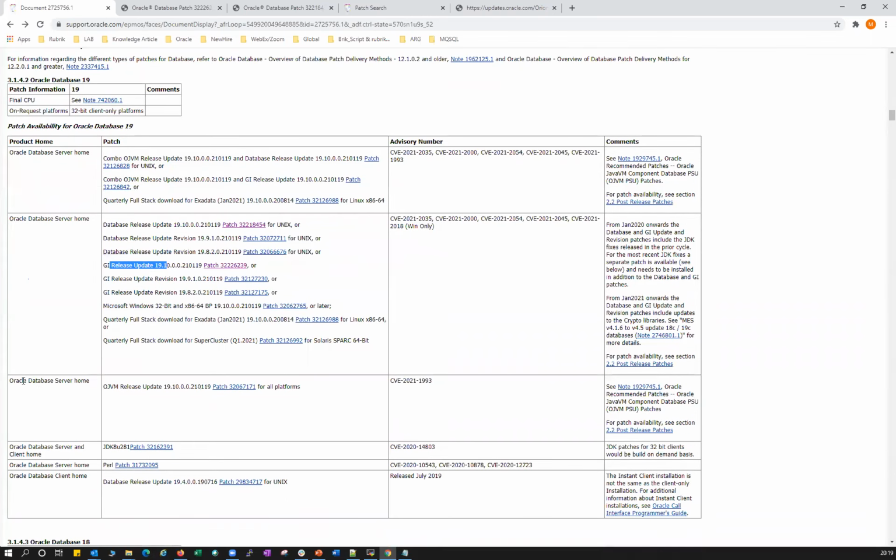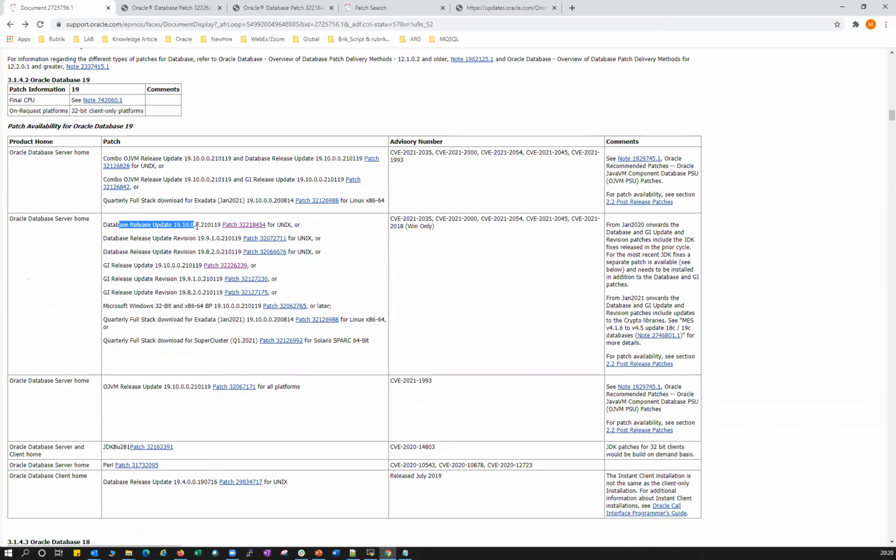So when it comes to the next lab, this is the OGM patch. I have not downloaded this patch and I'm not applying it. If you want to apply this patch, you need the minimum base release, the January release. So without applying this January patch, you cannot apply the OGM patch. I never mentioned the OGM patch, right? You are right, but if you want to apply this particular OGM patch, you first have to apply the grid patch or the GI patch.